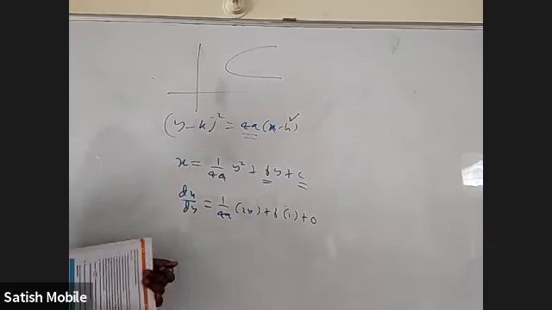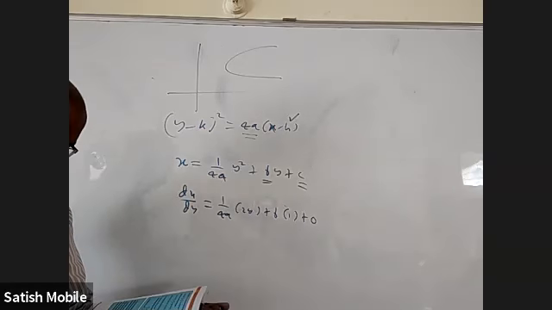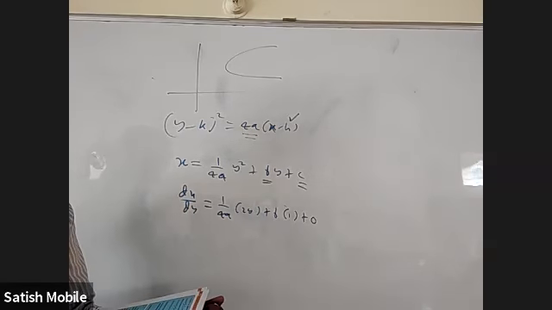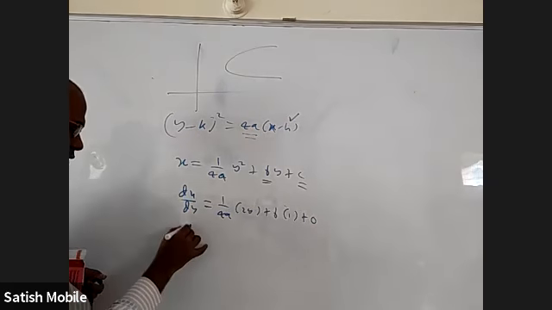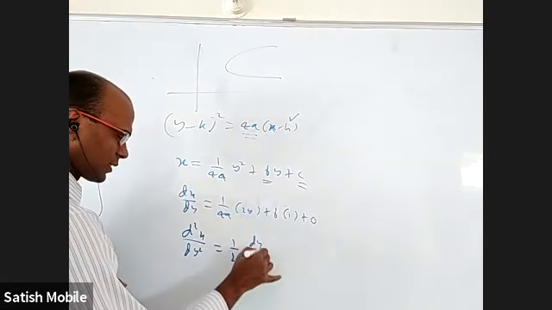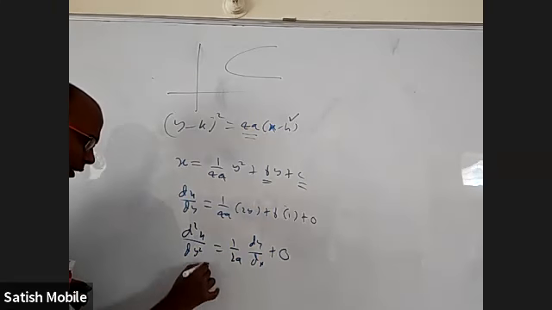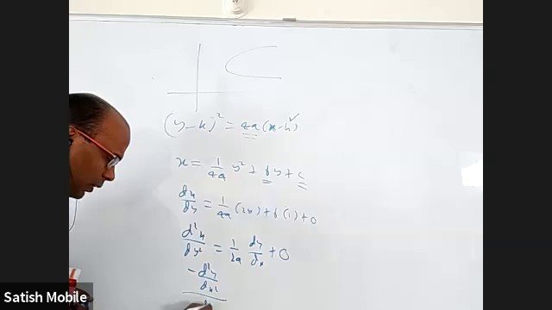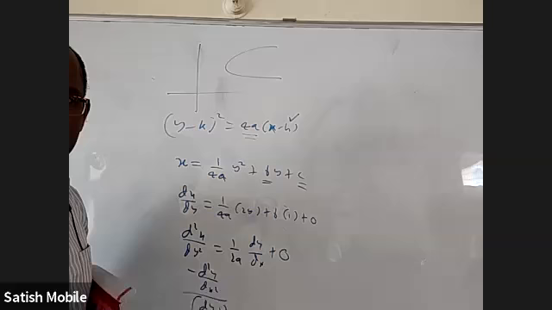Somebody can do from here also, but anyway, I would like to look at the answer. Yeah, they gave (dy by dx) whole cube for that reason. So I'll tell you that, and without that also I'll tell you. The thing is, if you directly differentiate, you'll get d square x by dy square equal to 1 by 2a into the derivative of y, which is dy by dx, and the constant is gone. But for this, the formula is minus d square y by dx square by (dy by dx) whole cube.